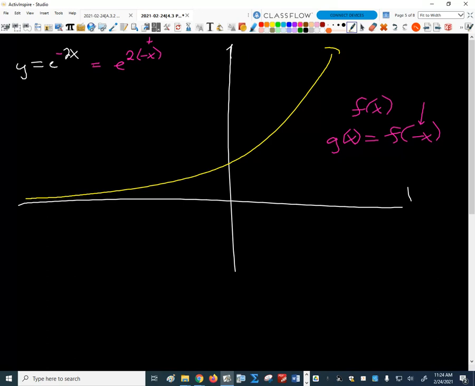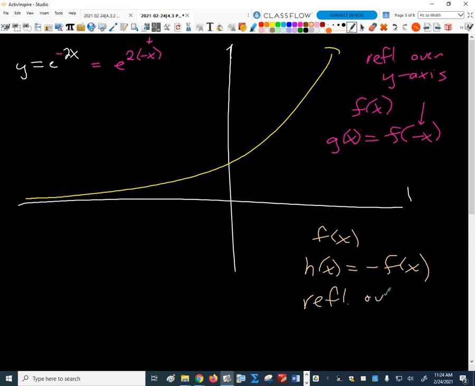What's it do? Going back to honors algebra 2, what did we say about that? It reflects it over the y-axis is all it does. Okay? We don't use that reflection very often, but that's a good one to be reminded of, right? This is a reflection. When we do something like this, that's reflection over the y-axis, whereas if we do something like this instead, if we have a parent function f of x and h of x is negative f of x, well, that's just a regular old reflection